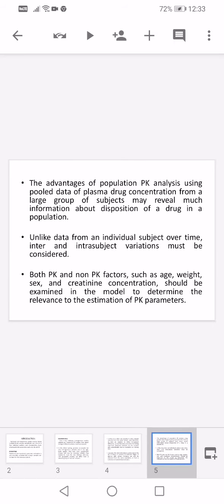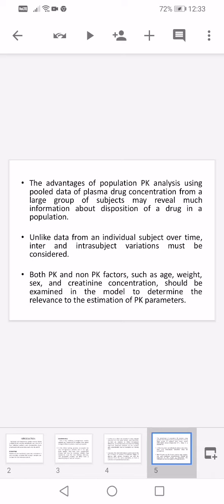Next, the advantage of population PK analysis using pooled data of plasma drug concentration from a large group of subjects may reveal much information about the disposition of a drug in a population. As there is a disadvantage that we cannot take multiple samples from a single patient, we are going to select a group of population. From that population, we are going to take all the blood samples from the patients and analyze them. That is the correct route of knowing the analysis of your PK parameters